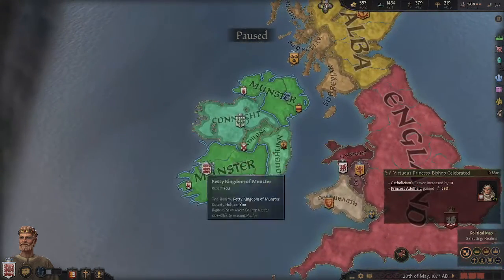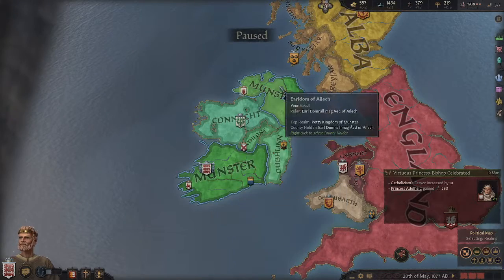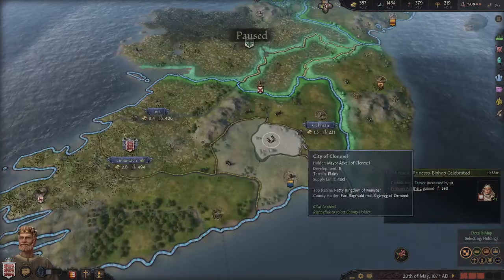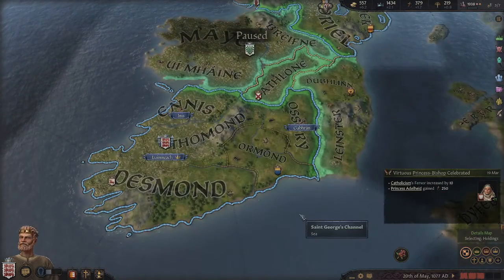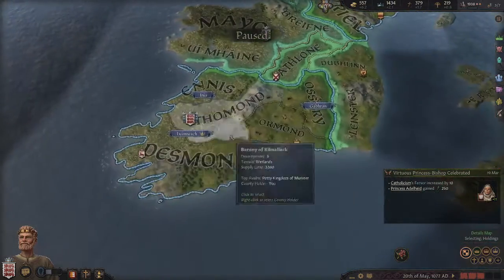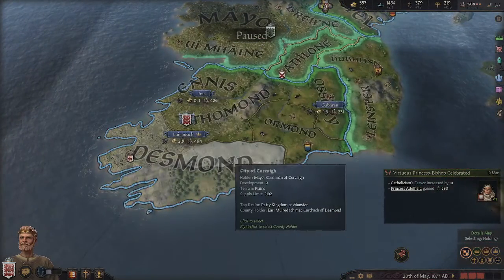All right, so you can see that we've got Munster split kind of top and north and south of here in Ireland, and we want to create the Kingdom of Ireland. There are going to be some prerequisites to do that. You're going to want to have 8 of the little county areas. You're also going to want to create